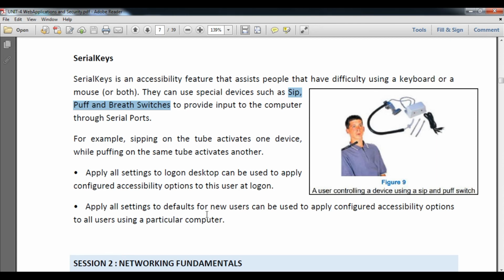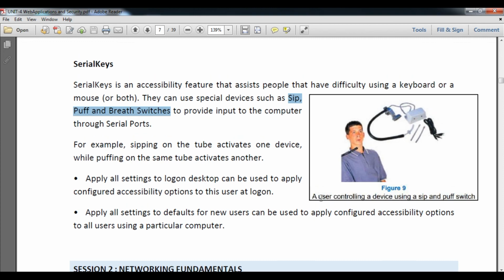It means whenever any user creates an ID as a default member of the admin, all the functionality is automatically enabled for that person. After logging in to that computer, that person can manage operations like sip, puff and breath switches automatically through the configured accessibility options.